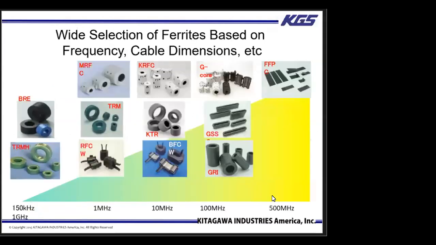So in general, when choosing the ferrite to target the parametric frequency, it is important to choose the right material that can help to target your parametric frequencies. And there are different selections that will help to target the low frequency range, which is from 150 kilohertz to 30 megahertz. There is also the middle range, which is from around 3 to 50 megahertz, and also the high frequency, which is from 30 megahertz and above.